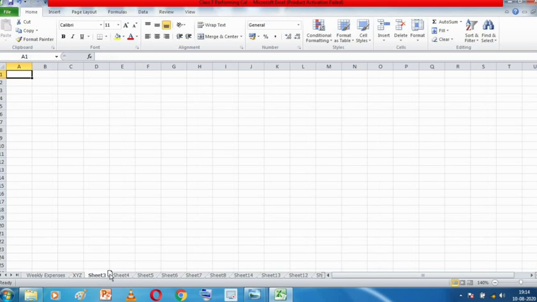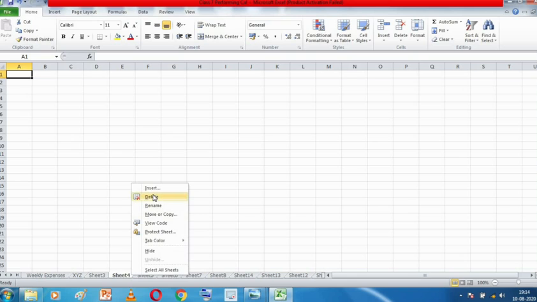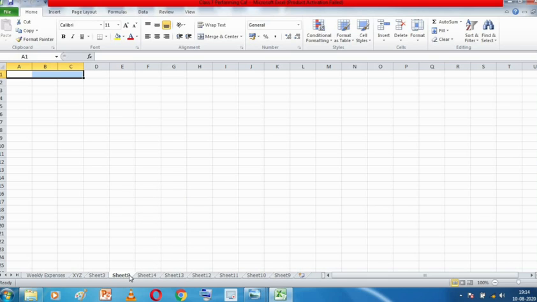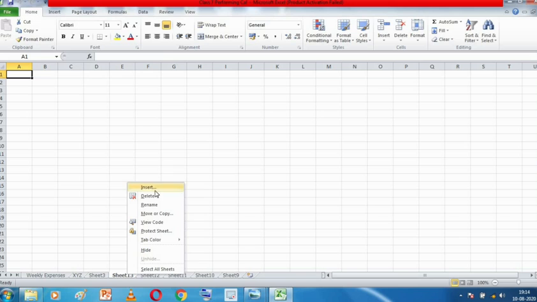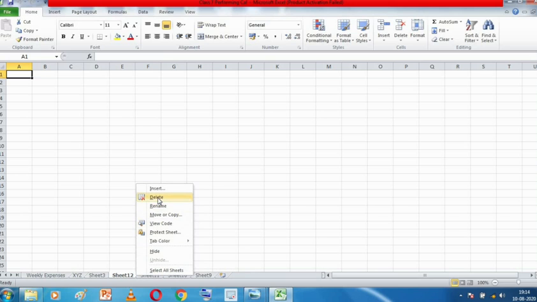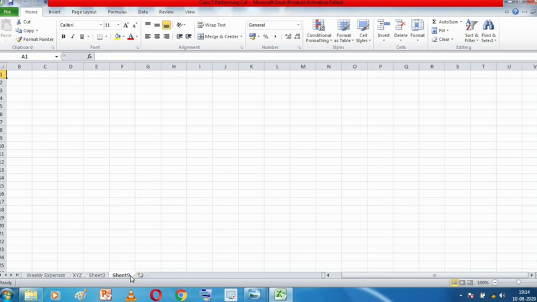Now next is adding a worksheet. Let's study adding a worksheet. You saw just now that I had added many worksheets, right? So let me just delete all these worksheets first, so that I have a space to add new worksheets. Just let me delete them. So I have deleted all the worksheets that I had added earlier. And now I want to add a new worksheet.